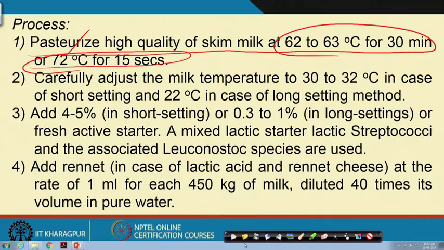organism which can cause disease, that is disease producing organisms, because you remember that one organism that was Mycobacterium tuberculosis. So, that was very much heat resistant, and for that reason the holding time could be a little longer than required, right. So, maybe instead of 15 seconds it could be a couple of tens of seconds more, maybe 25-35 seconds. Okay. Then carefully adjust the